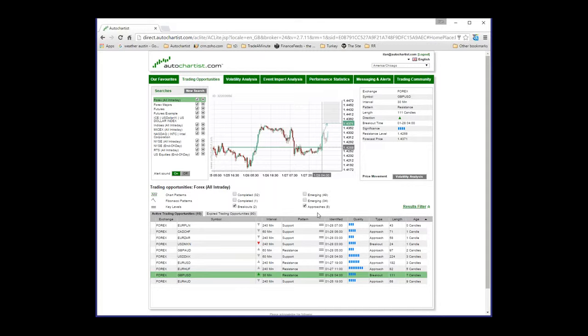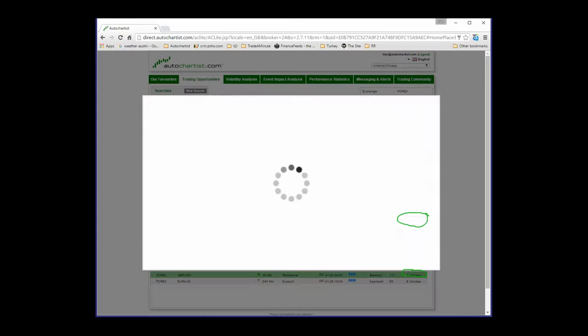So one of the most important things that I want to highlight to you is actually this. What I'm going to do is I'm just going to take a pen and draw it here. This column over here, right? It's called age, right? And you can see that this opportunity that I've highlighted is actually 7 candles old, and you can see that quite clearly on the chart itself, where Autochartist, if I click on it, we'll zoom in. Autochartist has actually